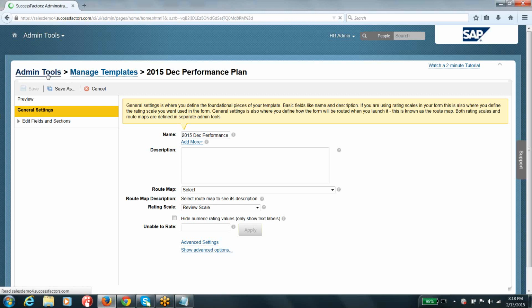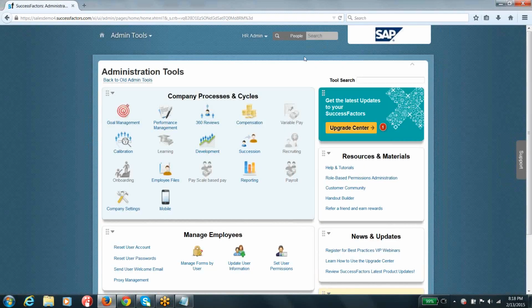Okay, so that is how you are going to configure your rating scales and how you are going to integrate your rating scales. And we have also seen how the rating scales are going to look from an end user perspective, right? We have seen those things. And coming to the other thing, your roadmaps. So what are your roadmaps?